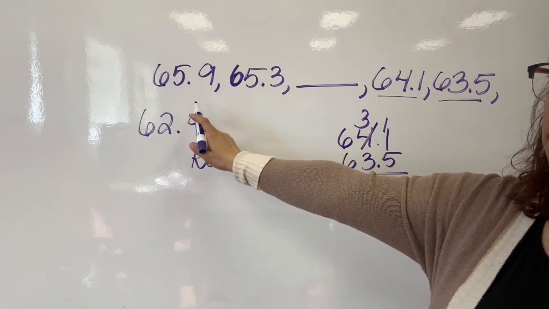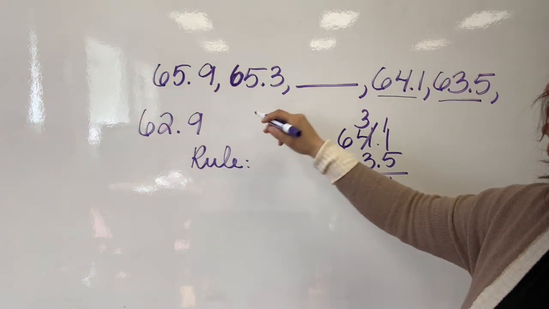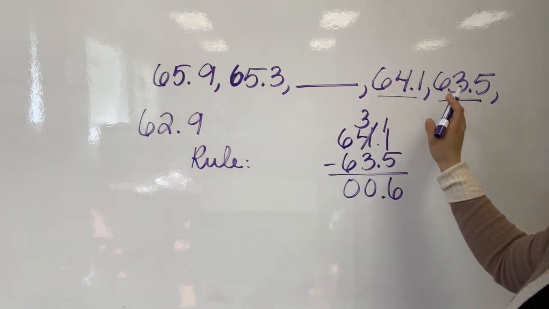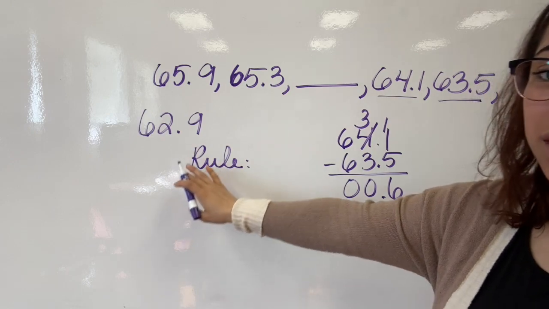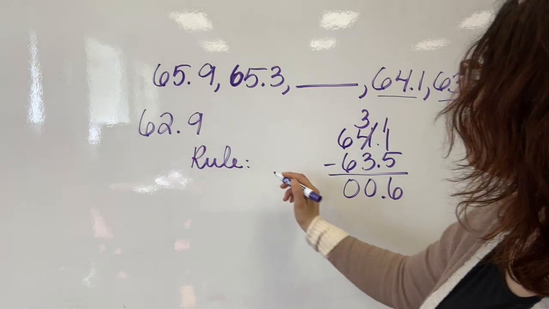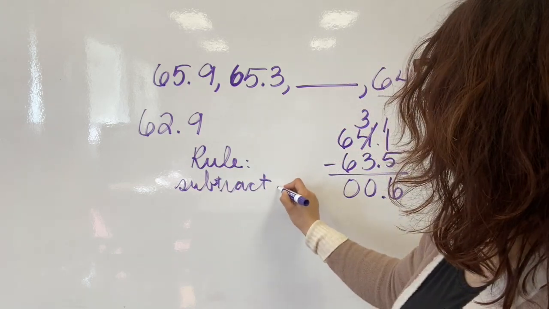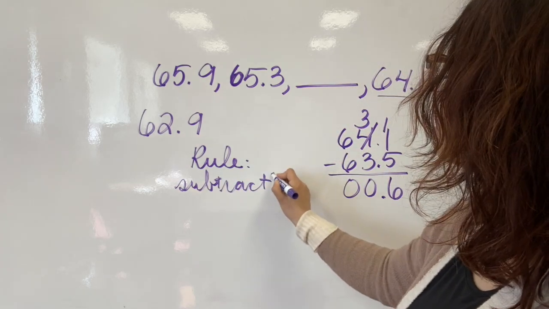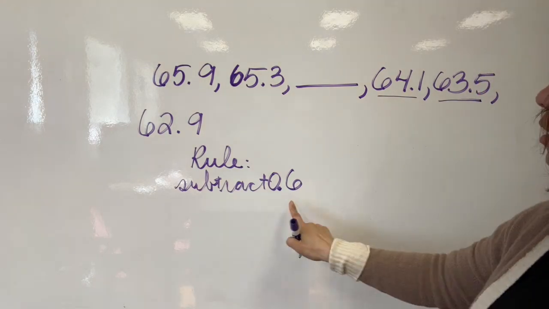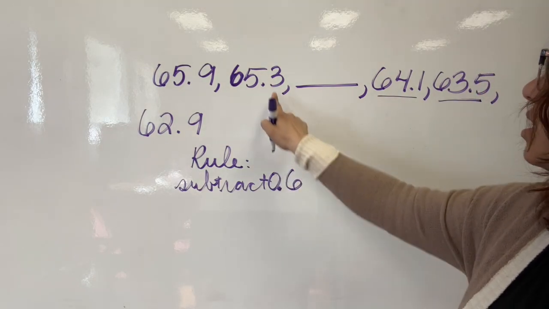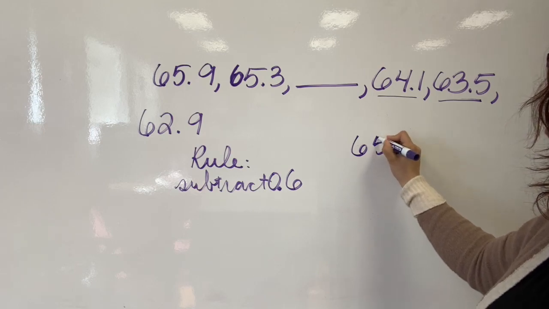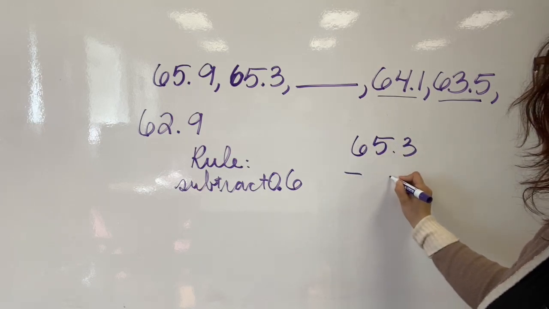We're going from 65.9, 65.3, 64.1, 63.5, 62.9. So I know the rule is going to be subtract by 0.6. Now that I found out my rule, I can then take my 65.3 and subtract 0.6